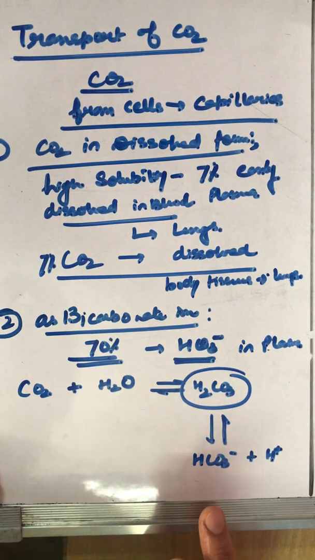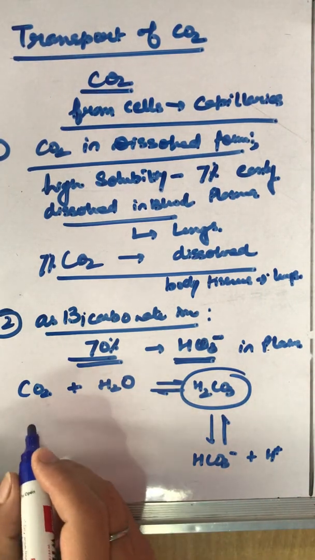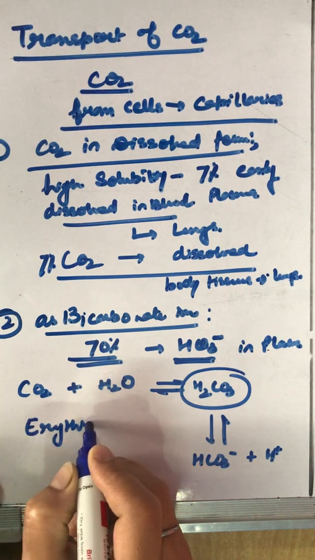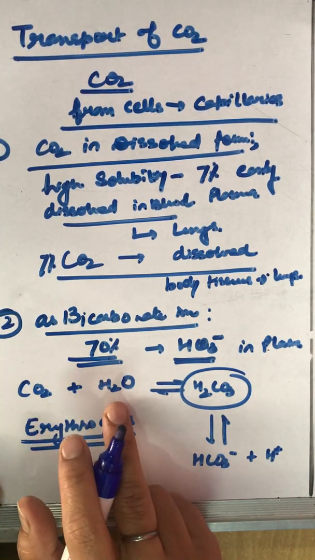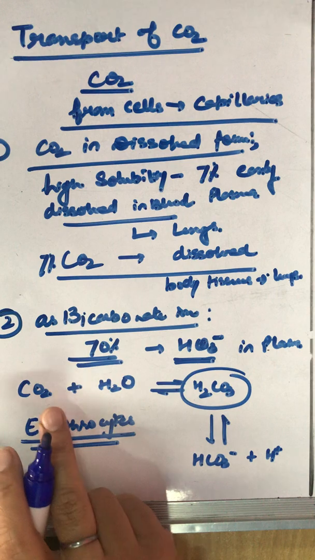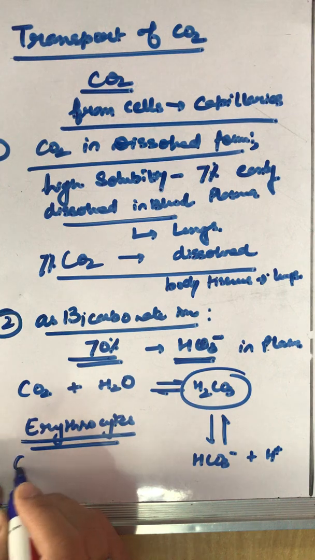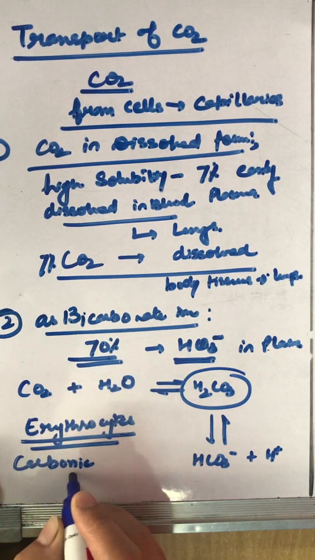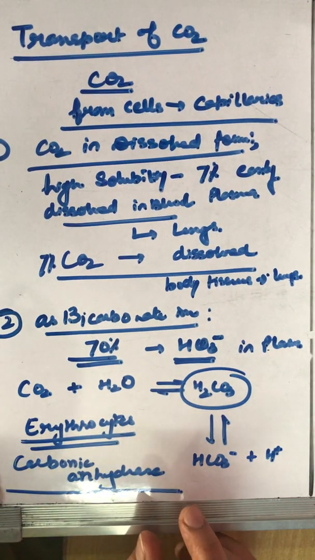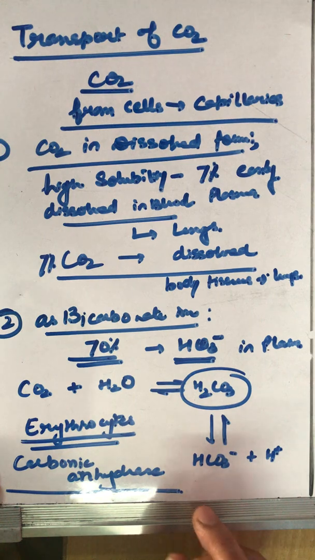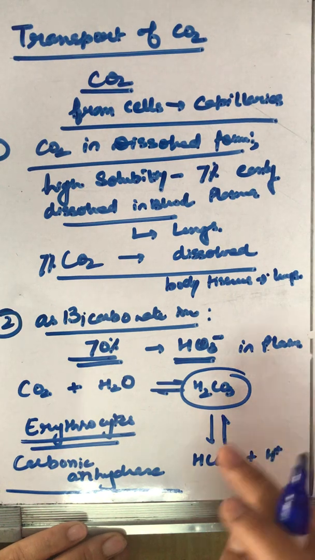Although this reaction occurs in plasma, it is 100 times or 1000 times more effective in erythrocytes. That's why we write in RBCs CO2 combines with water. Basically, why is this so active inside RBCs? Because they have an enzyme carbonic anhydrase. This carbonic anhydrase reversibly catalyzes the conversion of CO2 and water into carbonic acid, and hydrogen is released during